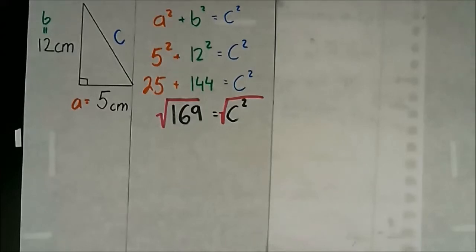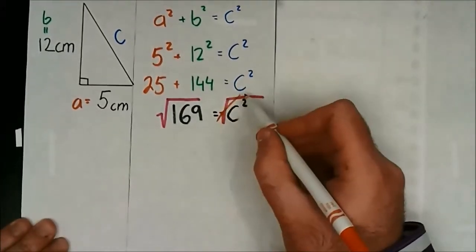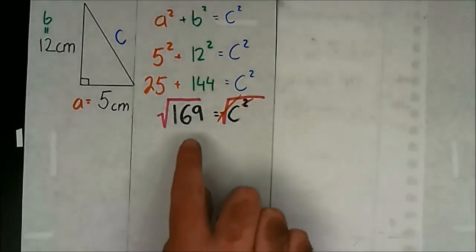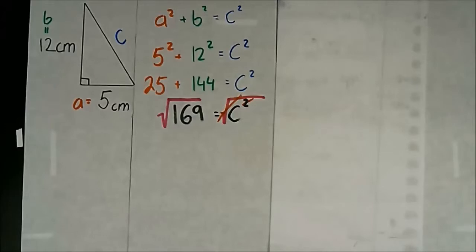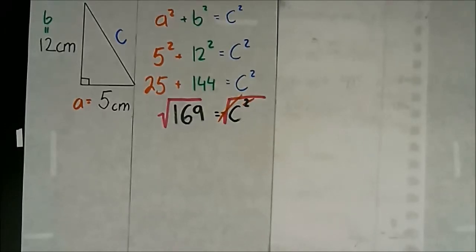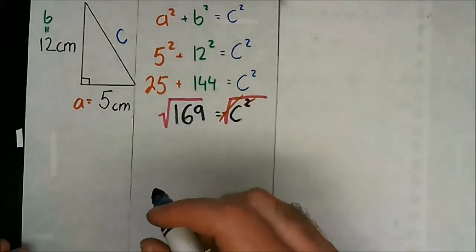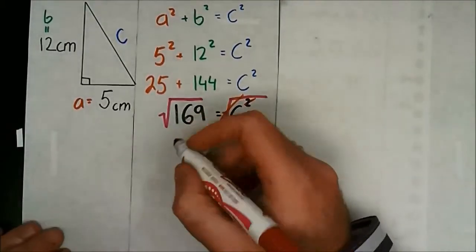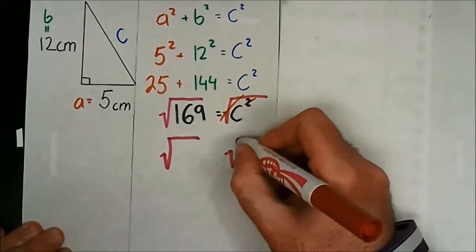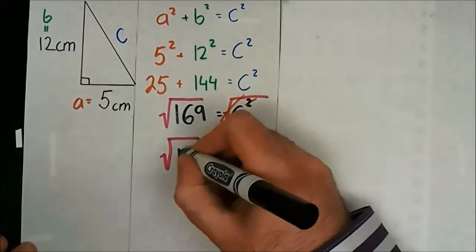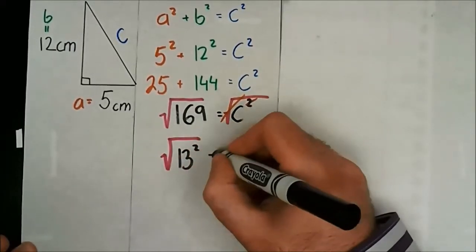Now on the right side, matters are very simple. Canceling the radical to the second power and the exponent to the second power, they're gone. On the left side, is 169 a perfect square? It is. It most certainly is. And what is the exponential form of 169? If you said 13 squared, or 13 times 13, I totally agree with you. So 13 to the second power